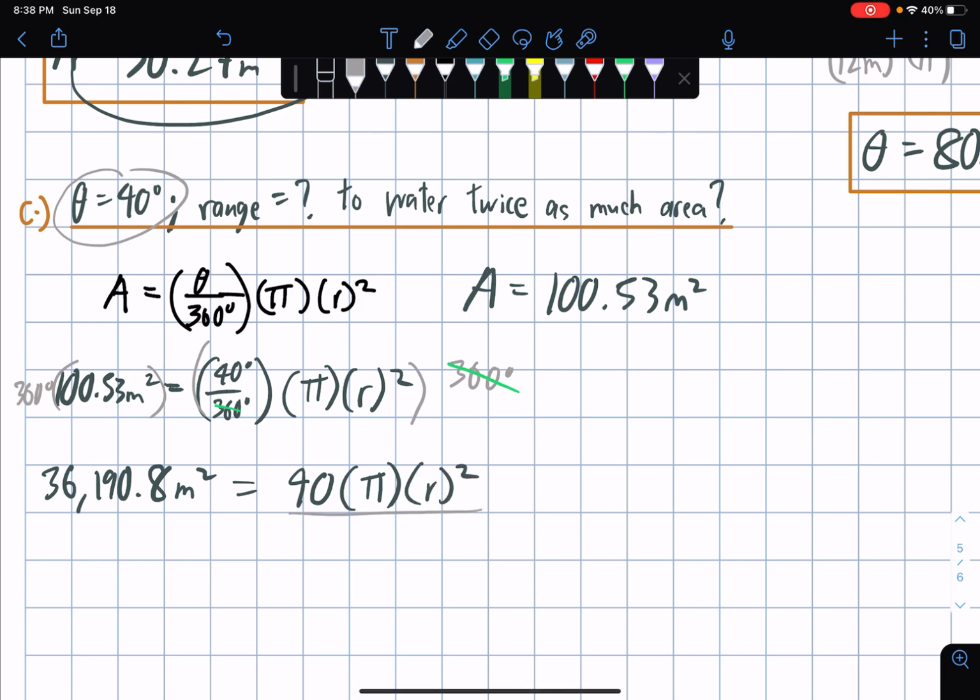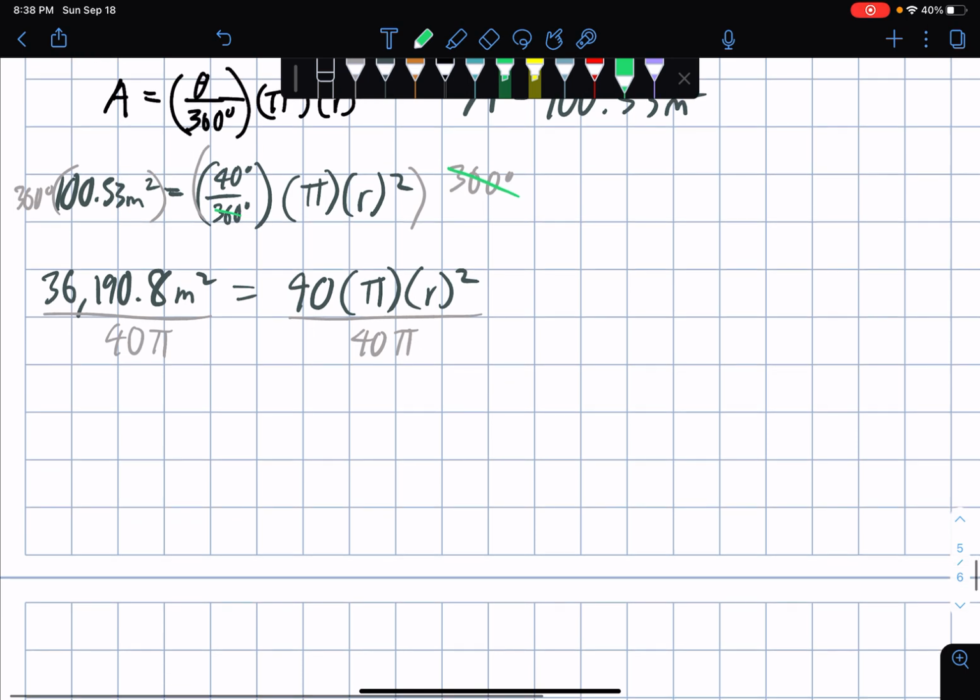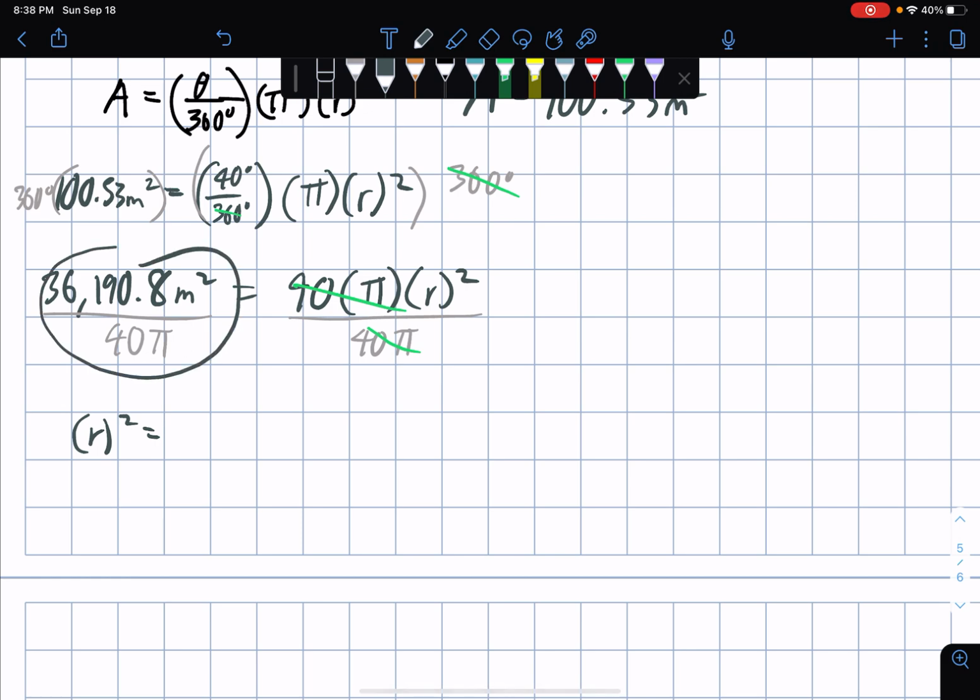And we divide both sides with 40 pi. So we have r raised to 2. And on the other side, put this value in the scientific calculator. So 36,190.8 over 40 pi is